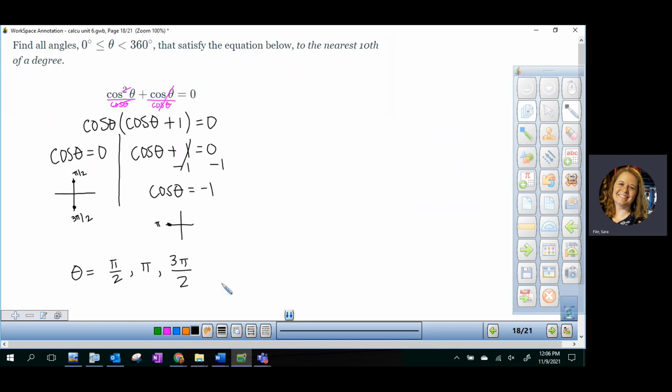One of the main issues some people were having when they asked me questions over the past few days that y'all have been working on this is maybe they got this answer, pi, but they didn't do the other factor. Or maybe they did and they forgot 3 pi halves and they just put pi and pi halves. If you don't put all of the correct answers, it counts it wrong. Okay, you must list all the correct answers. So when I go back to it,